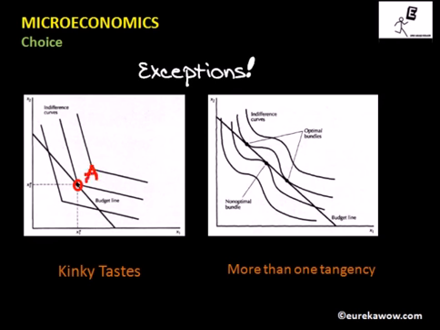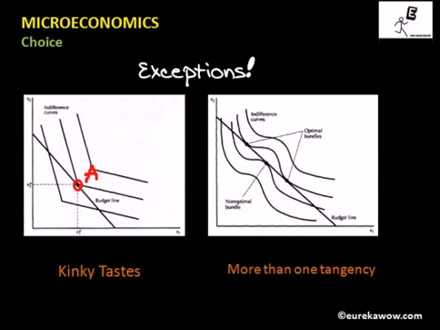However, we cannot say here that the slope of the budget line is equal to the slope of the indifference curve. Why? Because here indifference curves are not differentiable at all points. We do not have smooth indifference curves, and as a result we cannot apply calculus here.